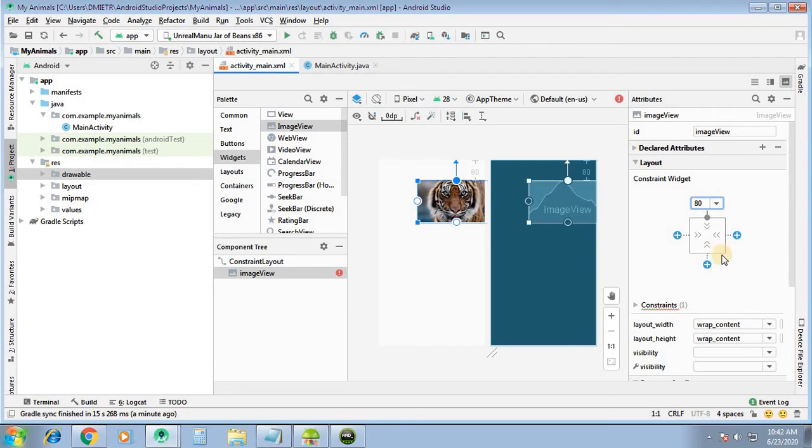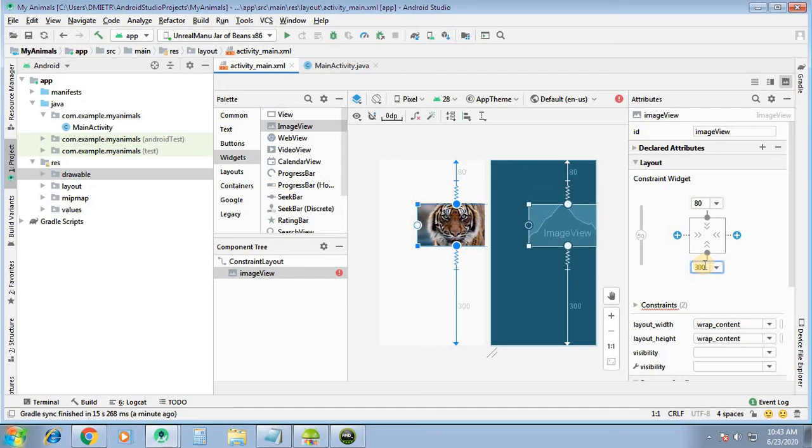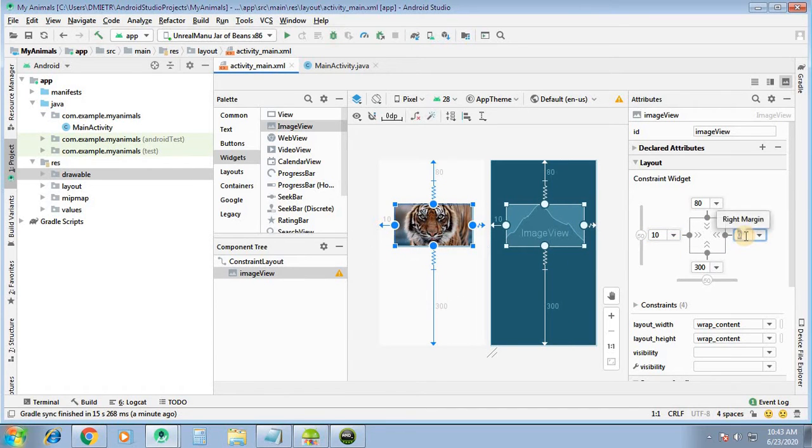Let us say 80. I am adding the ID for this image view as image.